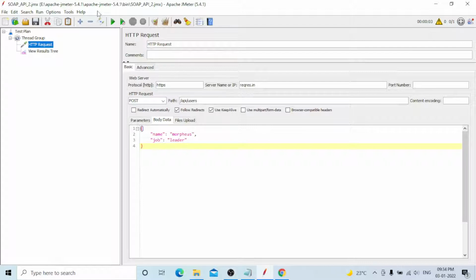But in SOAP testing, you don't have a proper web services application, and I am not able to provide one. This is only one application, with request and response. You can also try this one. The site has a very small URL. This is the URL; you can type reqres.in, that is enough. You can practice once or twice. You will also learn how to work with GET, POST, PUT, DELETE, all the methods.